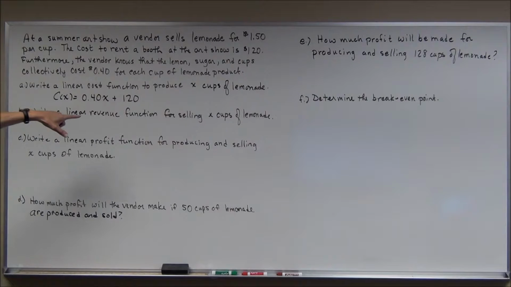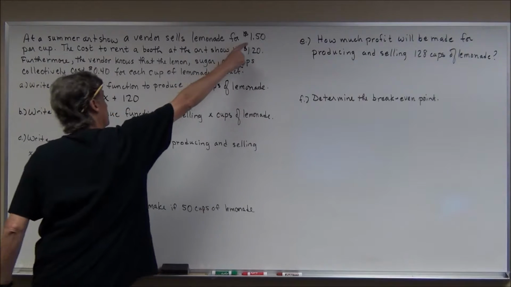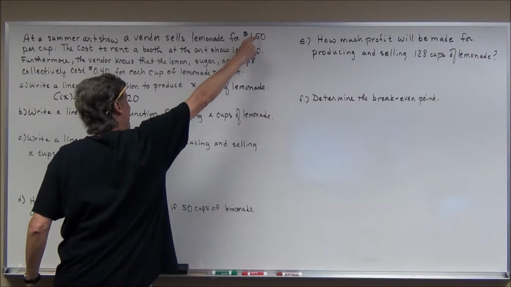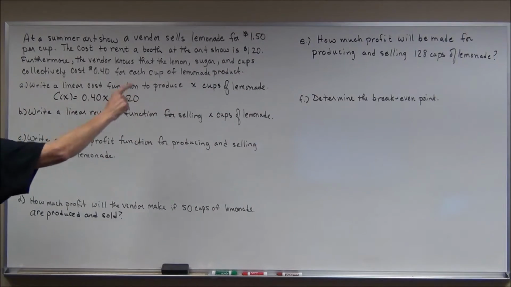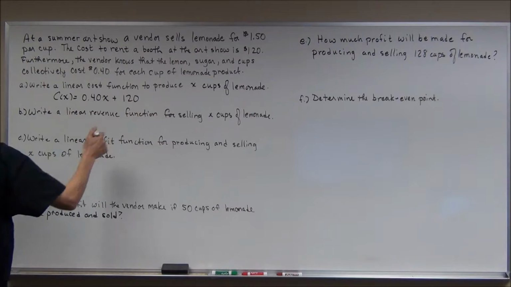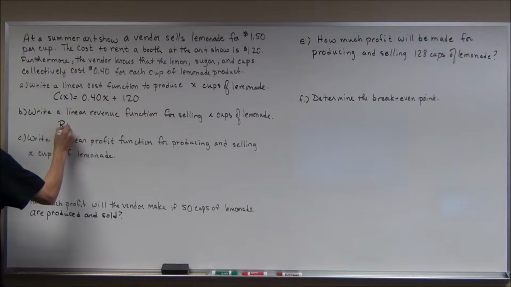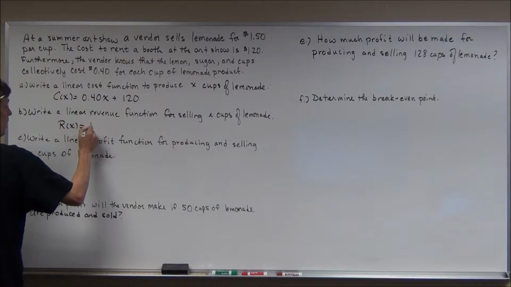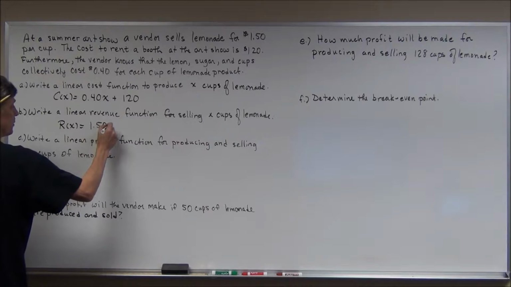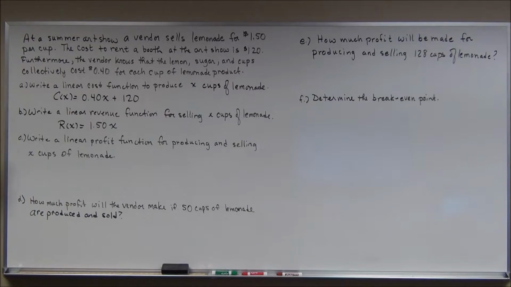Write a linear revenue function for selling X cups of lemonade. Well, if the vendor sells, not $150, $1.50 per cup of lemonade, then the revenue function, R of X, is going to be $1.50 for each cup times X. A linear profit function for producing and selling X cups of lemonade, well, profit